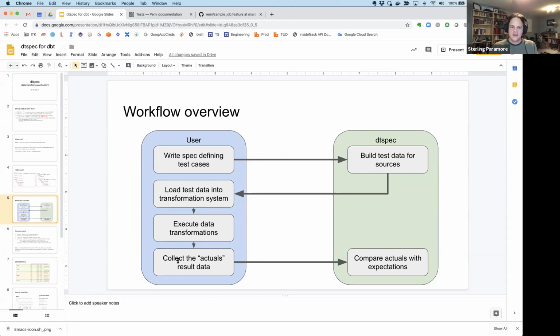And you send that back to dtspec, and dtspec then compares the actual results of your transformations with what the expectations were that you set up in the original YAML. And it will report on any differences or discrepancies, or it'll tell you everything's okay, it all passed, and whatnot.